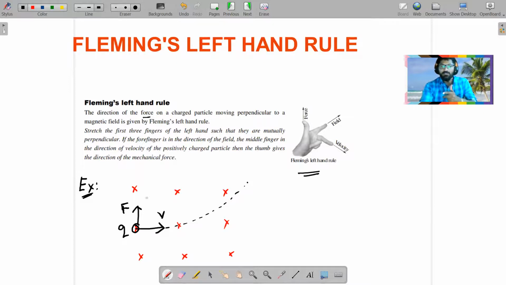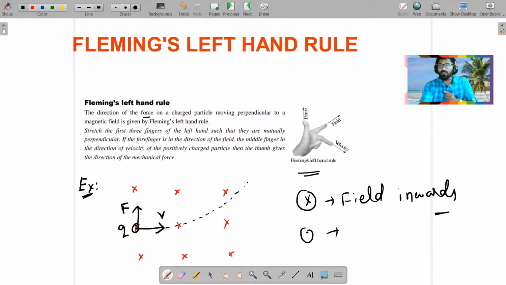You can see this more clearly with the help of this example. Here the cross symbol represents the magnetic field acting inwards. If it is a dot symbol, the direction of the field is outward. But here, the field is into the plane of the screen. If you project a particle of charge q with velocity v perpendicular to the field, to the rightward direction, then according to Fleming's left hand rule,